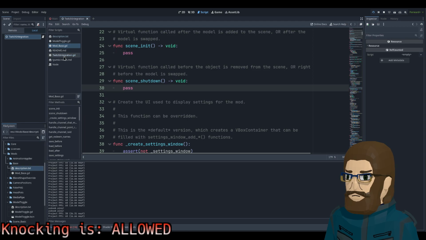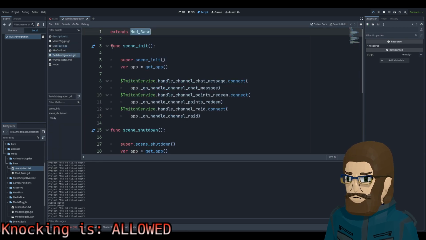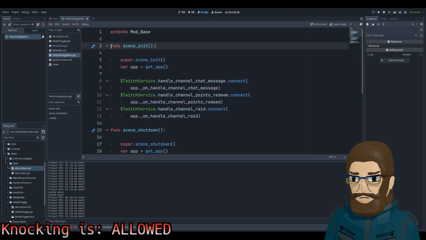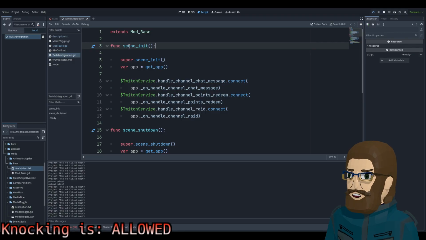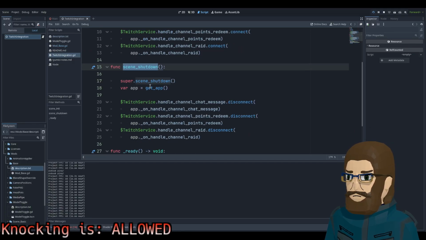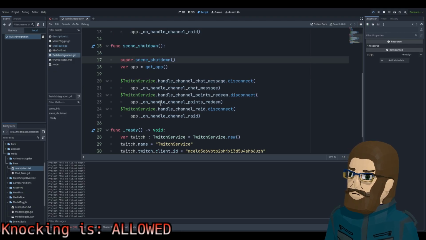But then in here, they're declaring scene shutdown. I should say they, I did not write any of this. Sorry. Okay, then you're using a super. Right, because this is extended from. Huh. Is this a way to just shape things, if it's a virtual function?